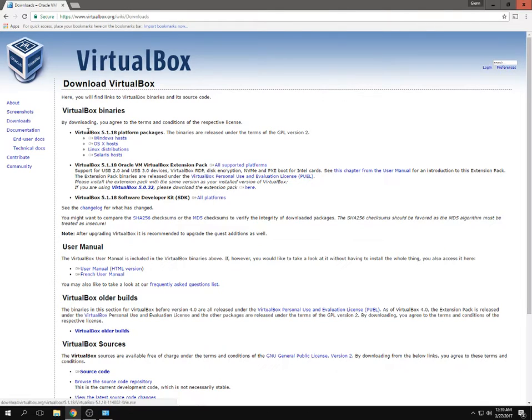If you are on Windows, this top one will always be the most current, so I would recommend going with the current version here. But if you're on Windows, hit Windows hosts. If you're on Mac, hit OS X hosts. If you're running a weird Linux distribution like Kali Linux or Ubuntu, you want to click Linux distributions. You're also going to want to download this extension pack. All supported platforms. You just click that little button. So because I'm on Windows, I'm going to go ahead and save that and also that over here. And just while these are downloading, because the VirtualBox is about 118 megabytes,